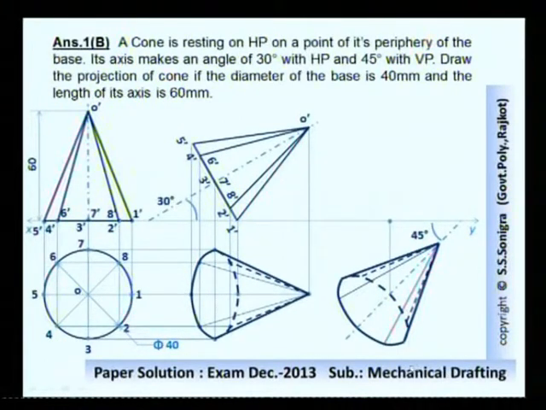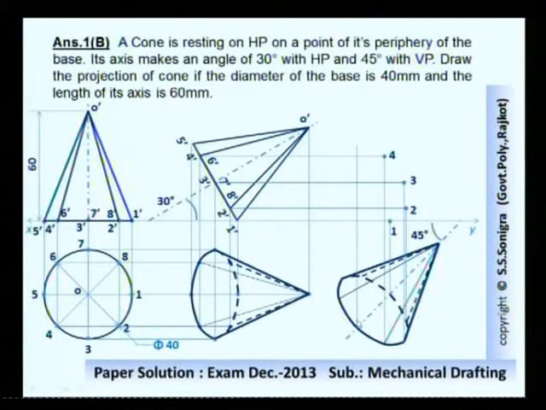Then transfer points from respective points. 1, 1, horizontal line from point 2 dash, vertical line from point 2, horizontal line from point, here is point number 2, horizontal line from point 3 dash, vertical line from point 3, point number 3 is here. Similarly for point number 4, so this is point number 4, point number 5, point number 5 here, then 6, then point number 7, then point number 8, and apex point, vertical line from this apex point O, horizontal from O dash, this is apex point O dash.